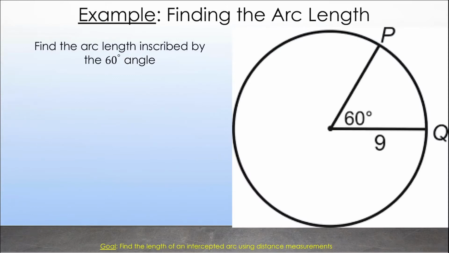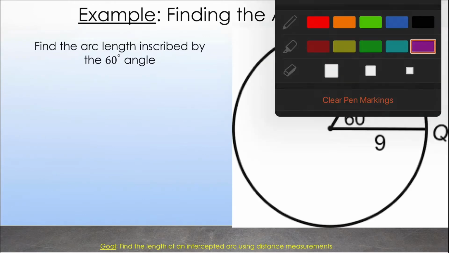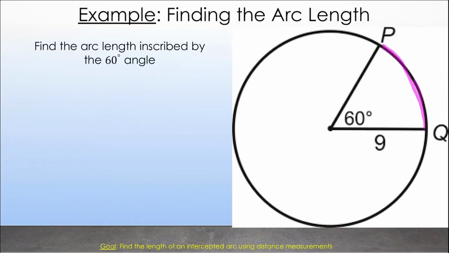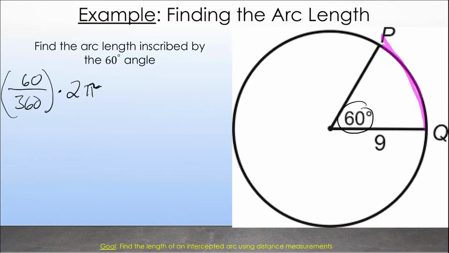Alright, so find the arc length inscribed by the 60-degree angle. So I'm looking for how long this is. So I'm going to take my central angle, 60 degrees, and divide it by 360. This is going to give me the ratio, and I'm going to multiply that by the circumference, 2 times pi times my radius, which is 9. Well, 60 divided by 360 is just 1/6 times